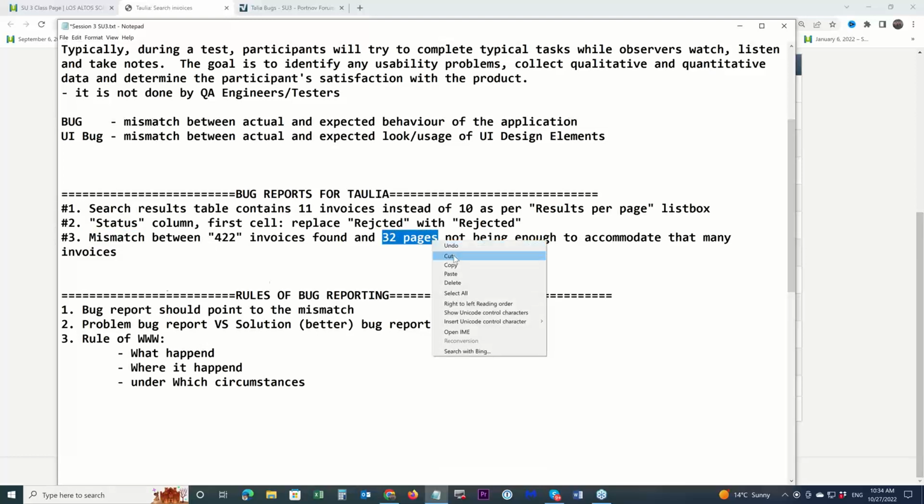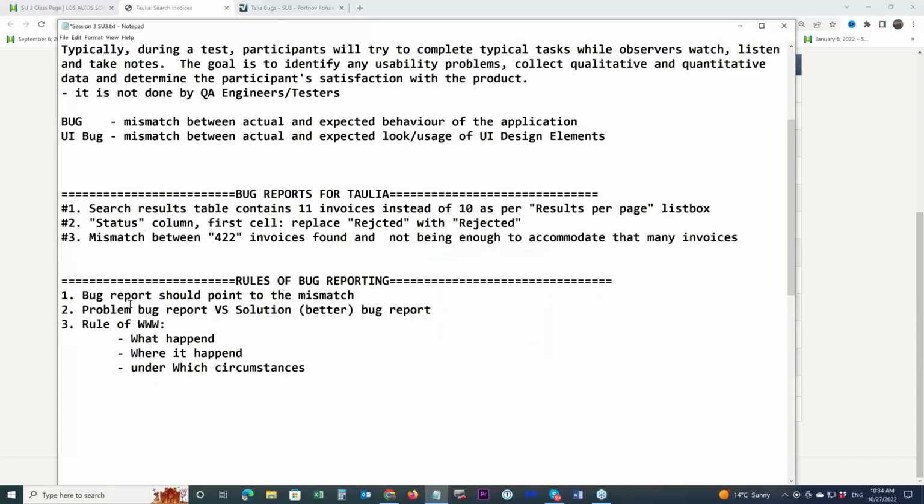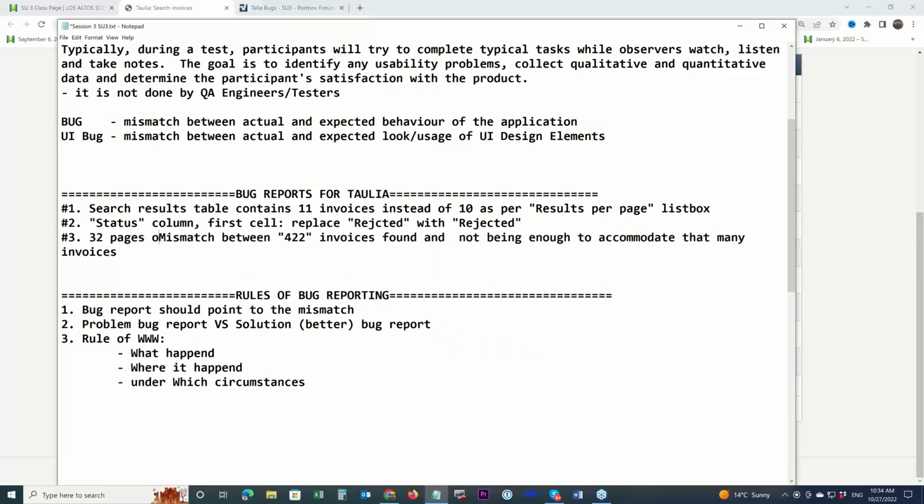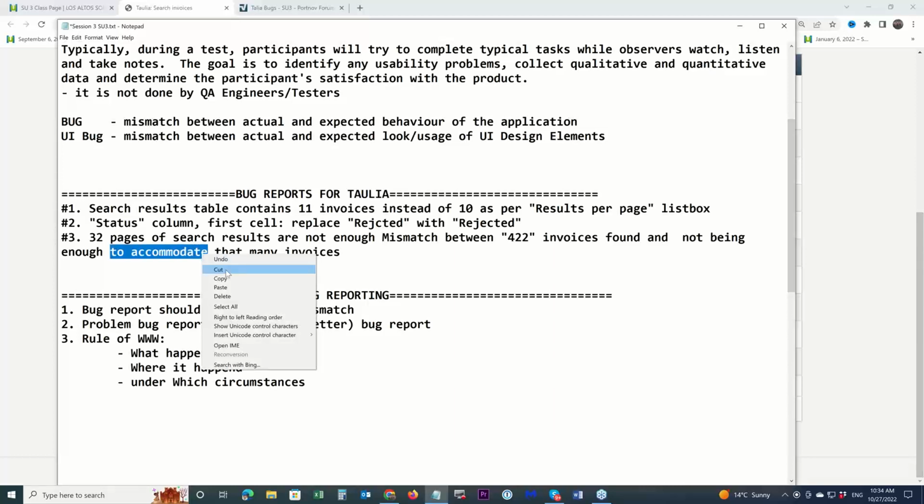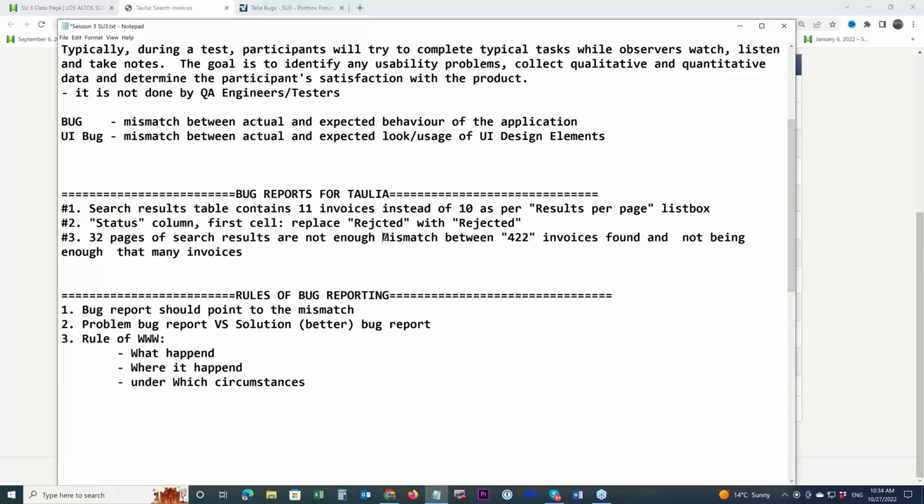32 pages of search results are not enough to accommodate, yeah, not enough to accommodate 422 invoices.